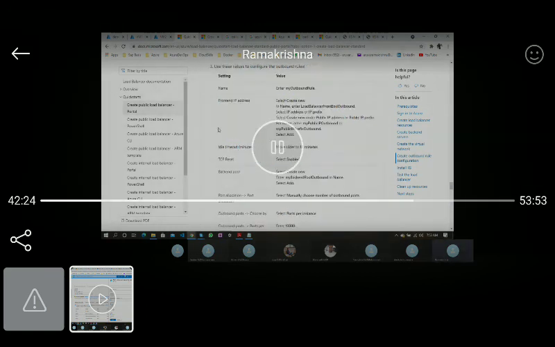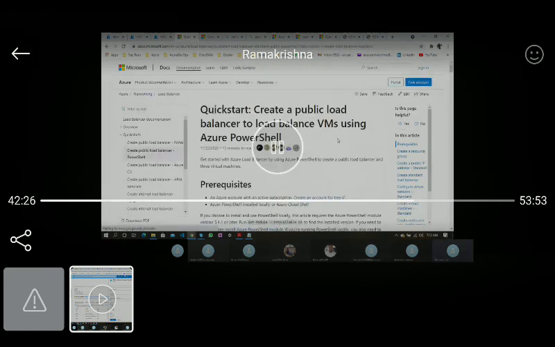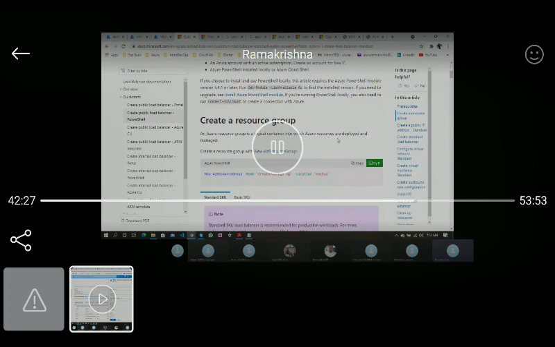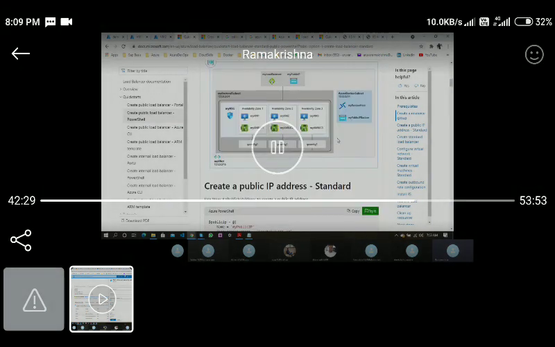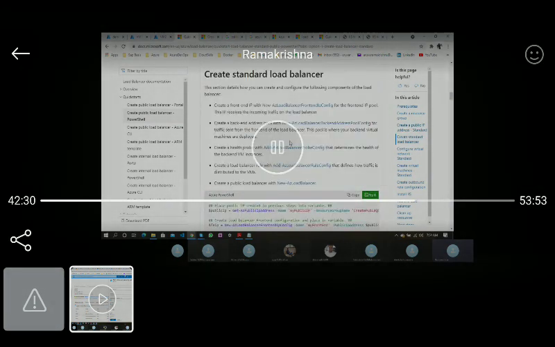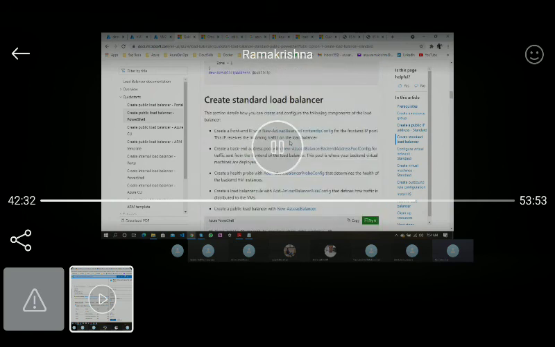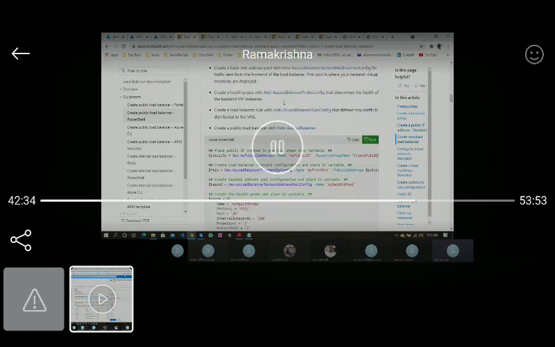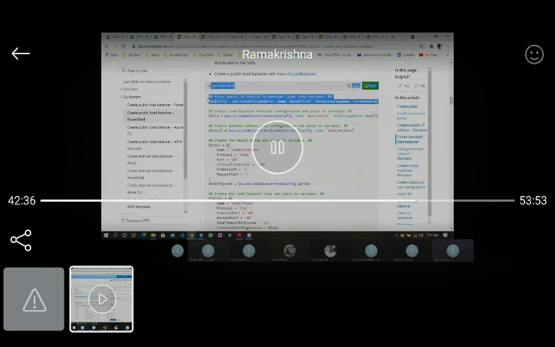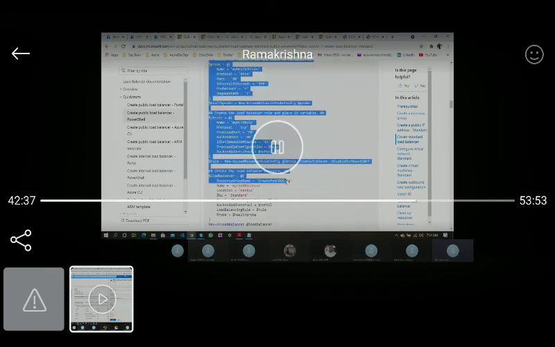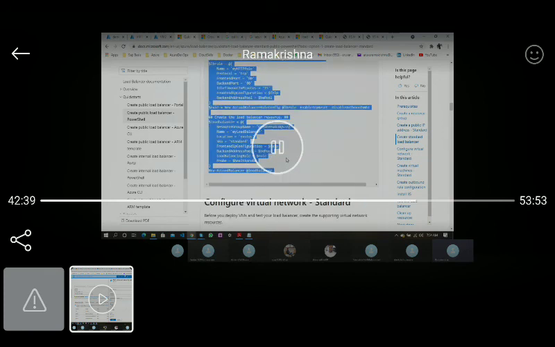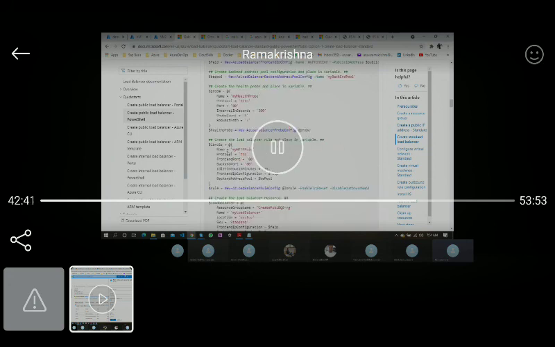The same thing you can achieve using PowerShell also. How to create the same kind of setup using PowerShell, you can go through this and try to do it with PowerShell also. You could see the complete standard, creating a standard load balancer. This is the complete PowerShell script, basic PowerShell script. Try to understand first how we are creating manually, and what are all the options we are giving for creating that, and how we